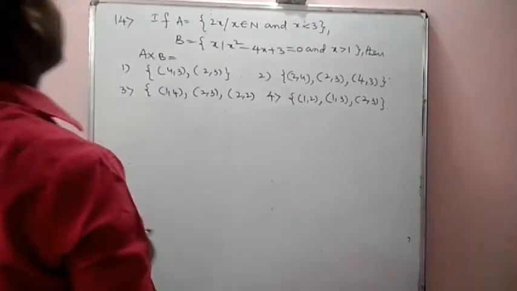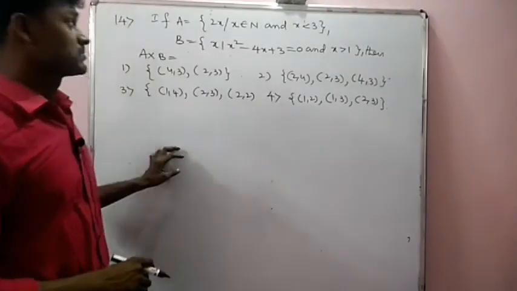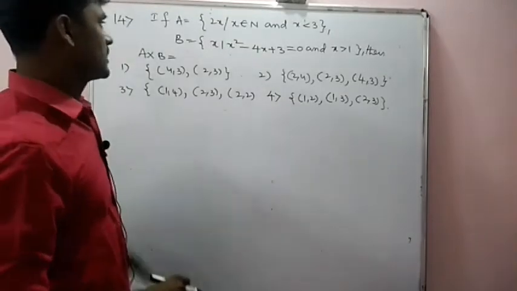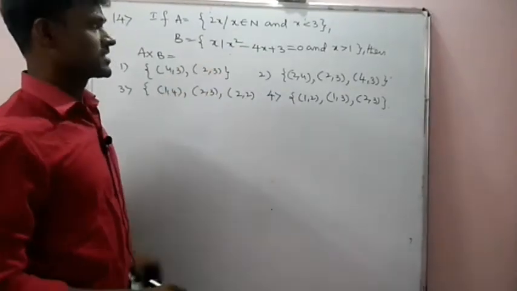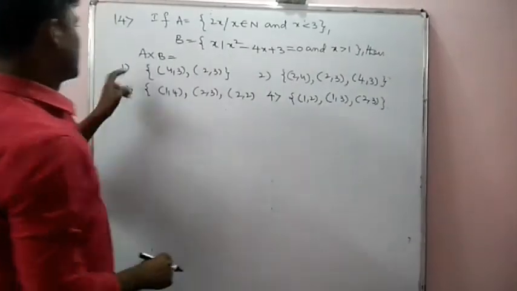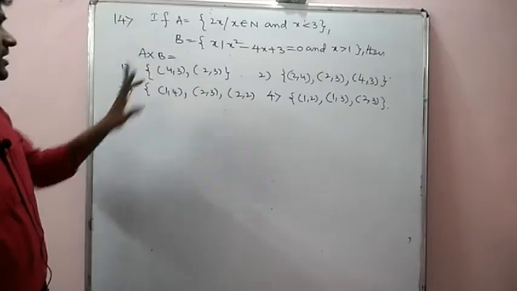Okay, next question. If A is equal to the set of 3x such that x belongs to N and x is less than 3, and B is equal to the set of x such that x squared minus 4x plus 3 is equal to 0 and x is greater than 1, then the Cartesian product of A, B is equal to: